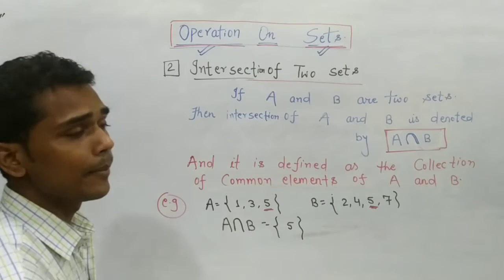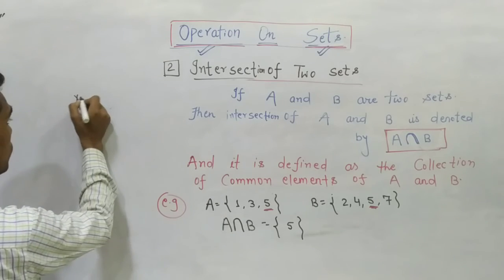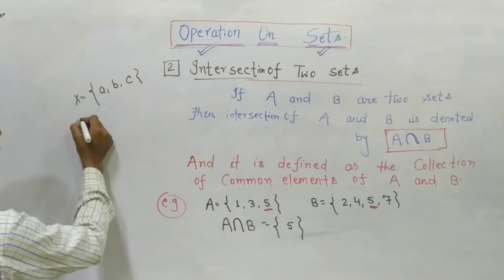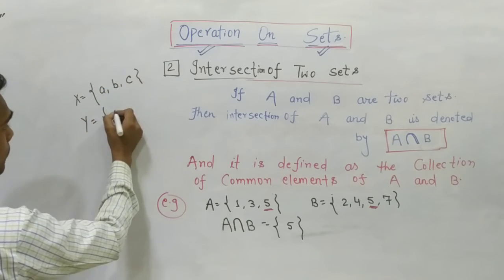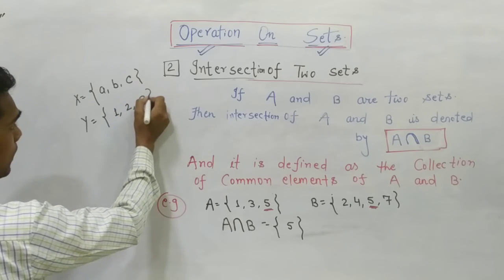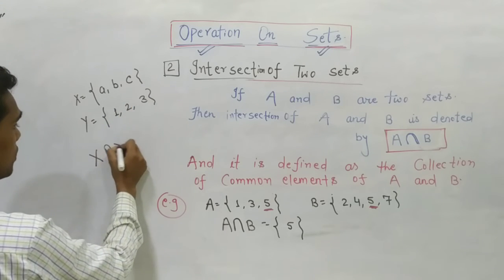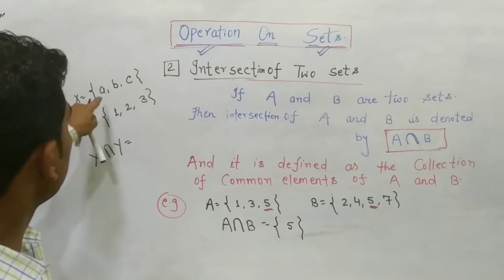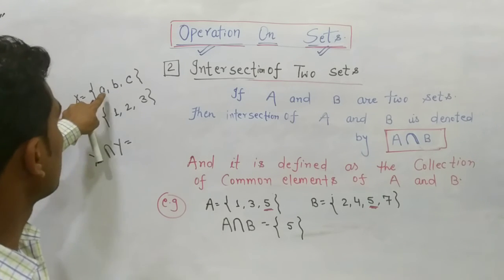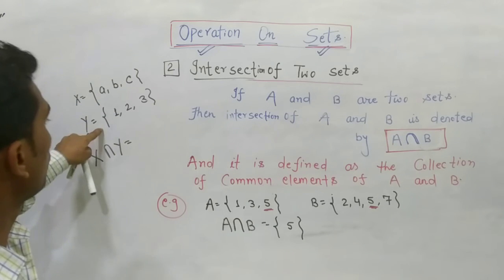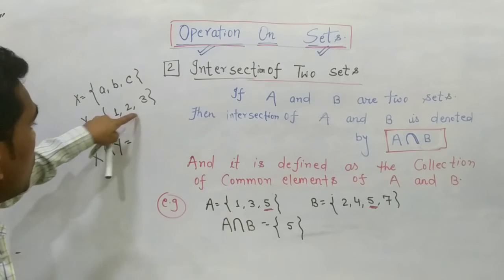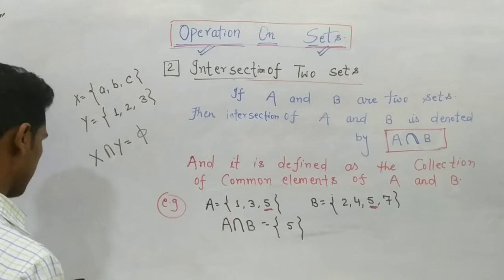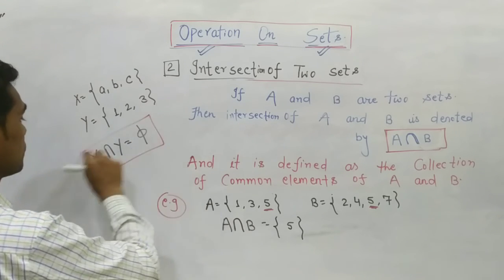If there is no common element, like x equal to A, B, C, and y equal to 1, 2, 3, and we want to find x intersection y, then clearly there are no elements common in x and y. There is no common element. Simply we write x intersection y equal to